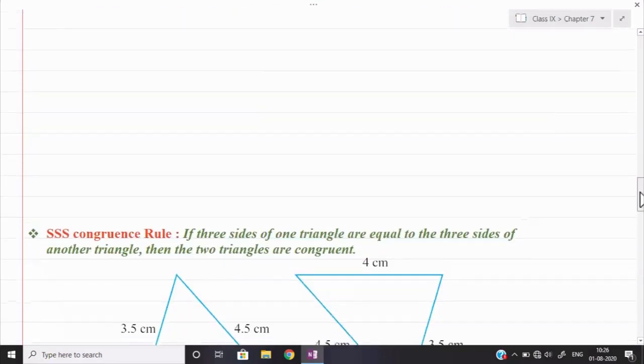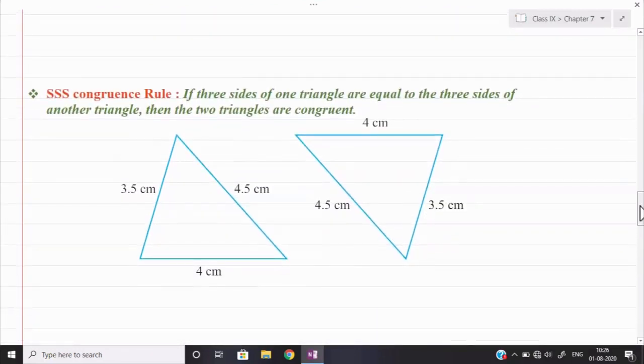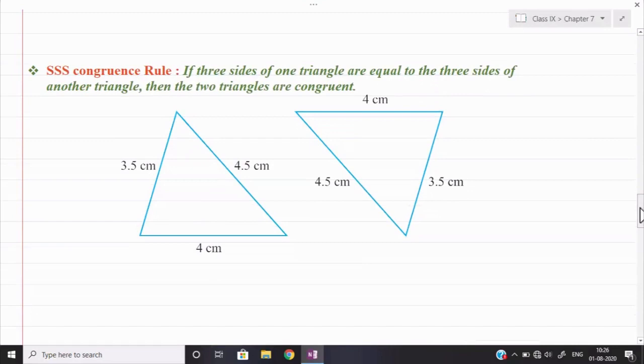Now see, we have the side congruency rule. The side congruency rule is very simple. All the three sides should be equal. All the three corresponding pairs of sides should be equal. So here there is only one case. Suppose this is my triangle ABC, and this is my triangle, if I say D, then 4.5 is given here. Fine, there is not a problem. We can take any name here, D, E and F.